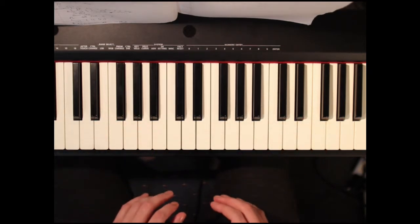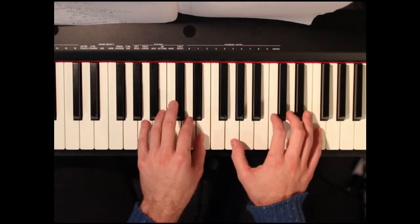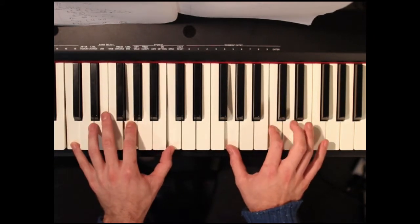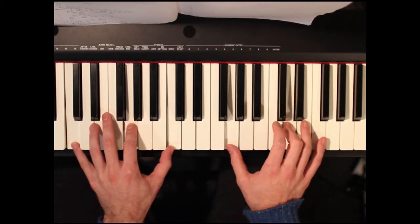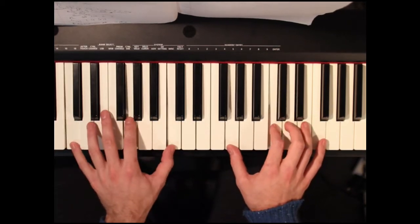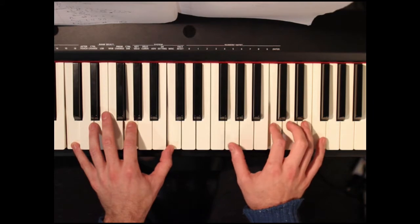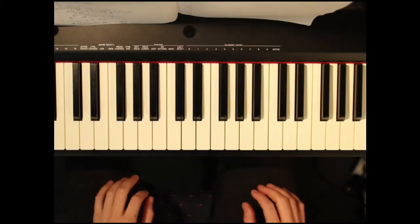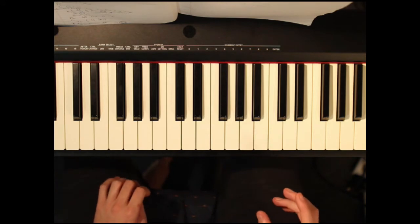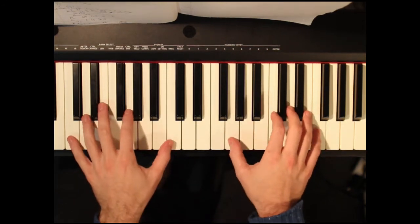So full speed, what that sounds like is... now to the pre-chorus, so that comes straight out of the last C of the verse. So it comes out of,